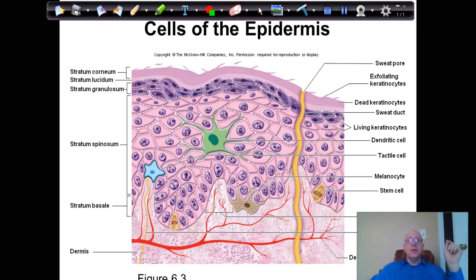Interesting thing about this is that if you have a person with darker skin, they don't necessarily have more melanocytes. They will probably have a more even distribution of them, but the quantity of melanin that the melanocyte is producing, that's higher. So same number of cells, just a greater level of production, and even the melanin can be a bit different. The melanin of a darker skinned individual doesn't degrade as fast as in a lighter skinned individual. So I don't have an explanation as to what the difference is between those two types of melanin, but